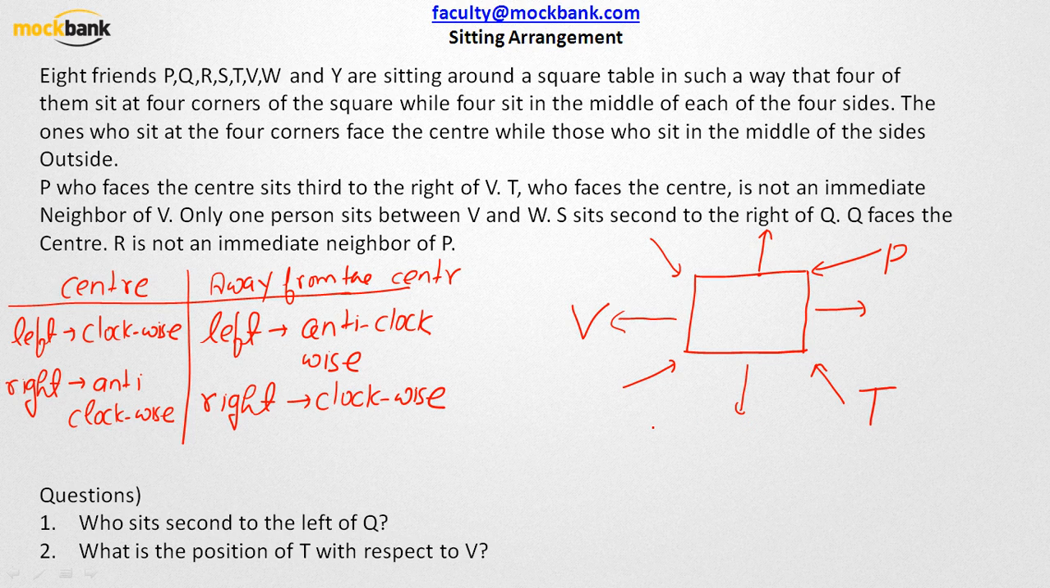It says that S sits second to the right of Q. Q faces the center, so Q is a person who is going to face the center. And S sits second to the right. So second to the right, can you see that these alternate positions are being occupied by persons who, one is facing towards the center, the other is facing away from the center, and then towards the center and then away from the center. Now there has to be 2 persons between Q and S,